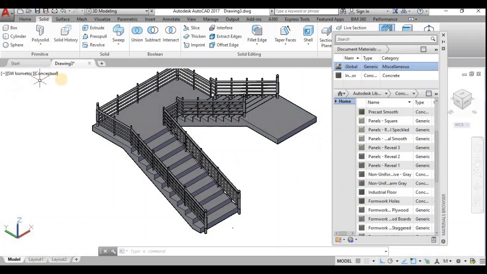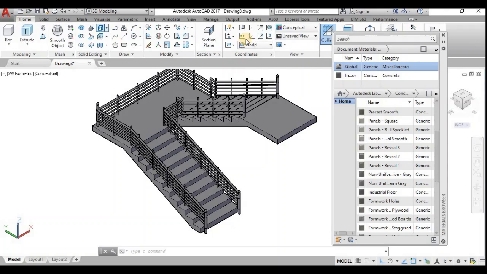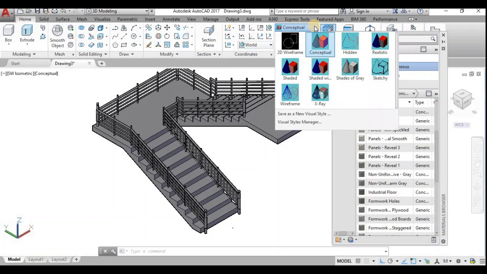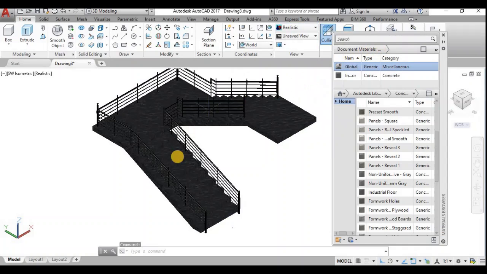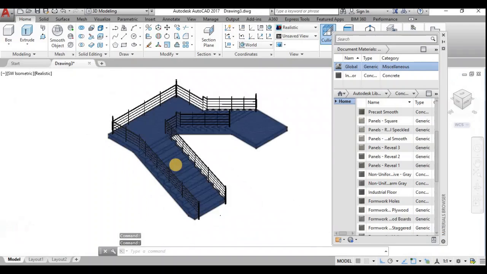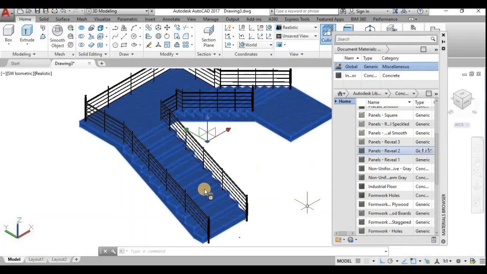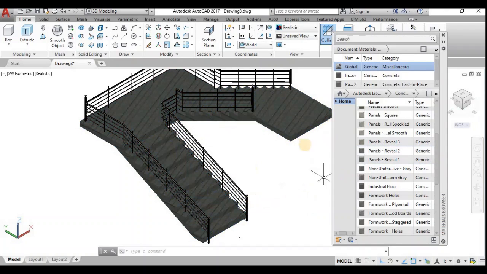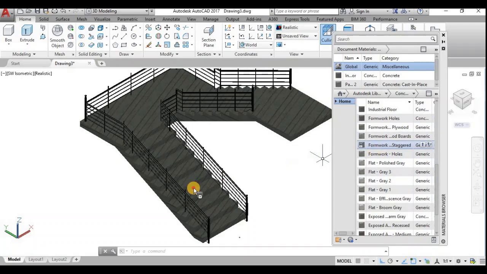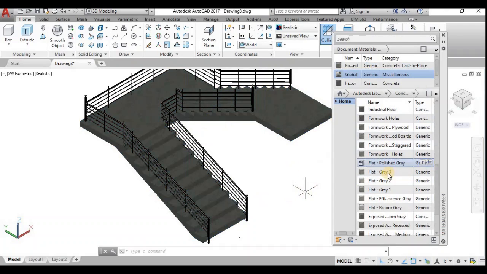To view this, you can go to the view tab and, instead of conceptual, choose realistic. There will be some difference between what was given previously and what is there now. You can use a panel, just click and drag it. Now formwork, there is a difference.